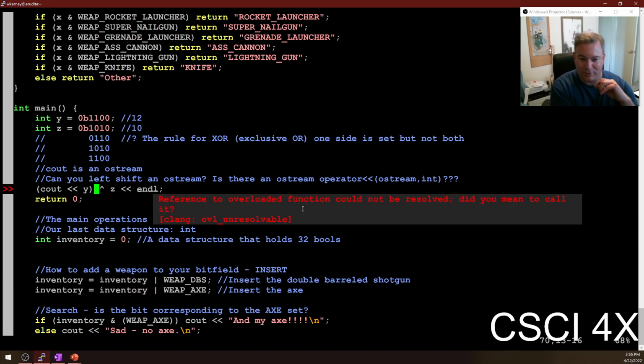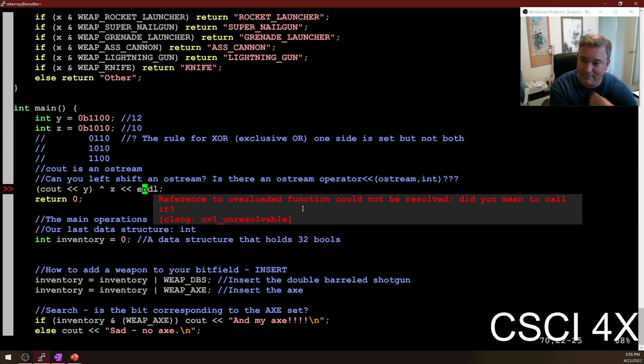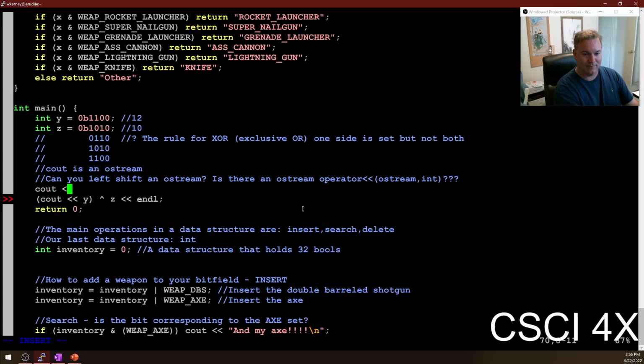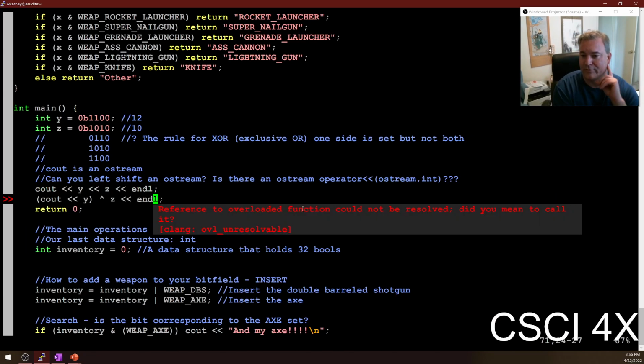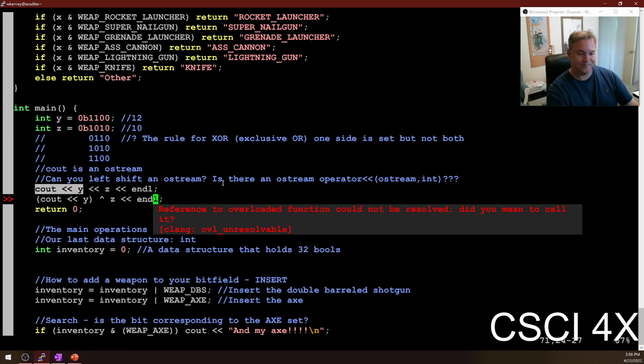So what value is returned by cout double left arrow y? What gets returned from this expression here? What value does it return? Y? Does it return cout? What does it return from this expression? This code compiles fine, right? Yeah. And so